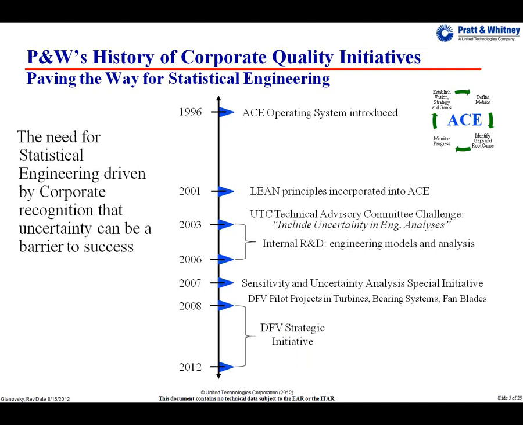And by 2008, leadership had agreed to give us full funding for a strategic initiative. We weren't good enough quite yet to be an actual group, a real discipline in engineering, but we were good enough to receive steady funding over the course of those years and create more and more DFV projects. Now, although it's not shown on the timeline here, we stand at 2013, and as of January 1st this year, DFV is now a formal discipline at Pratt & Whitney with its own full-time employees. And we're doing more and more projects all the time.